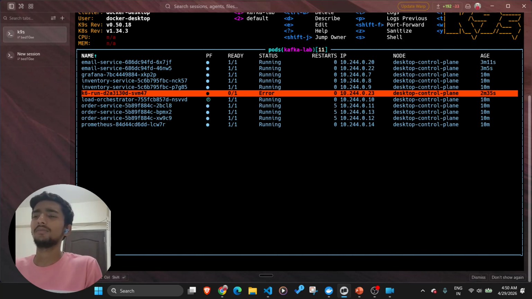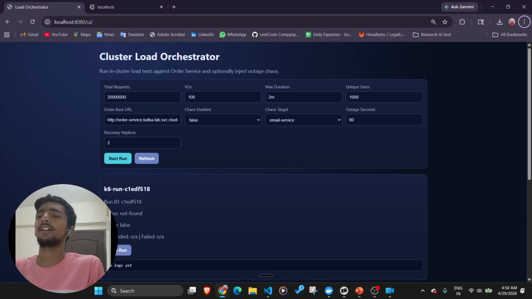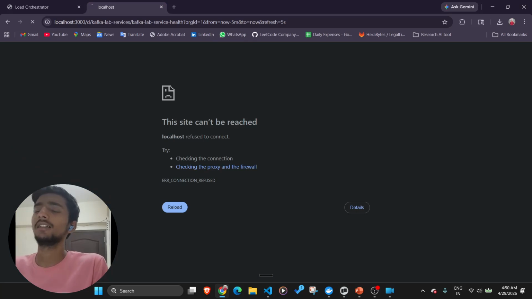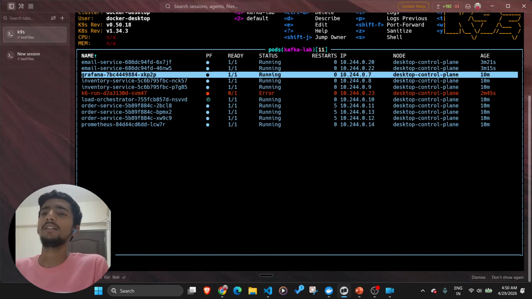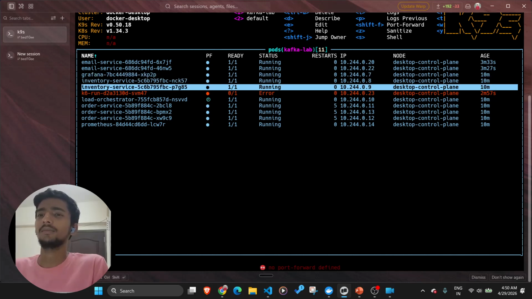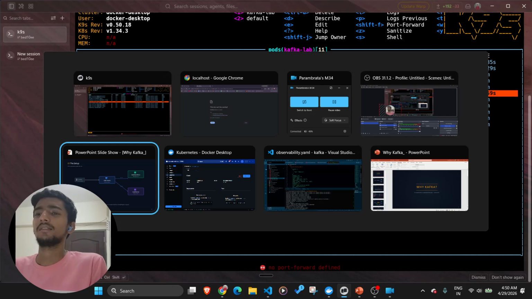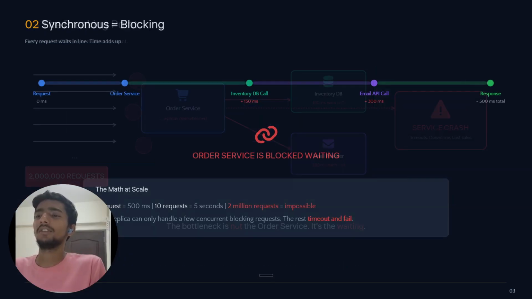So overall, your dashboard gets stuck and the user experience goes very bad, because the user gets neither a confirmation nor a transaction acknowledgement.